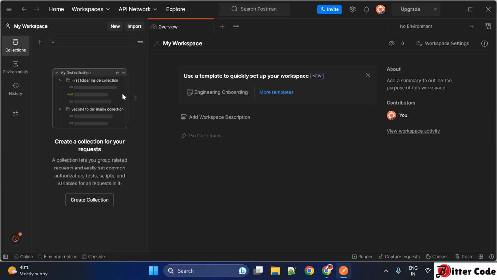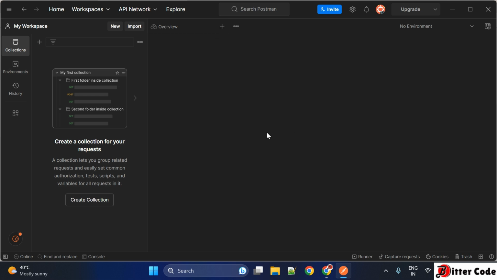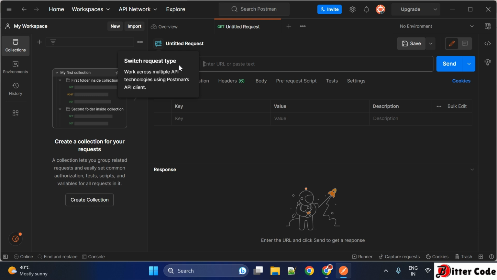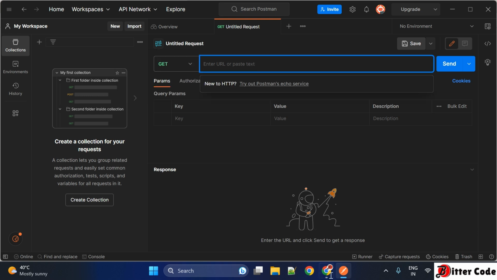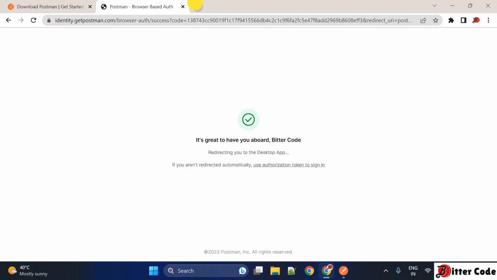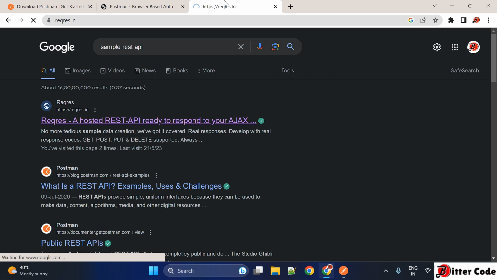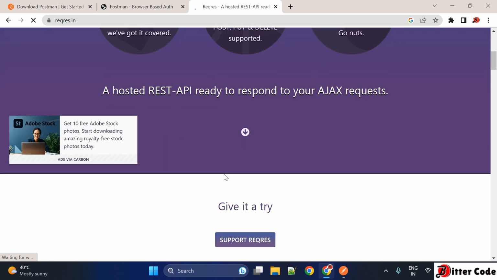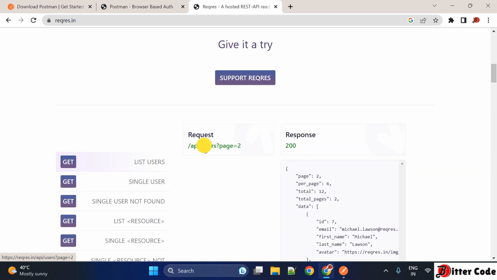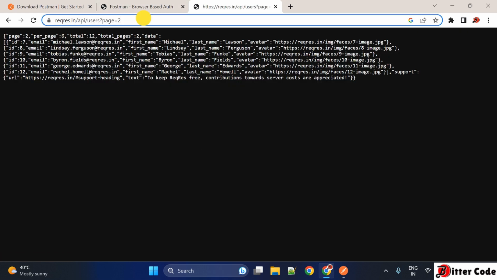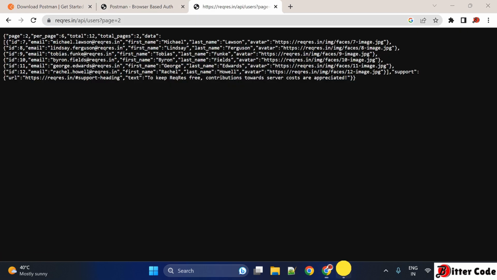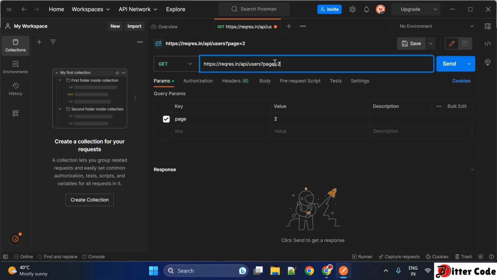So to run any sample REST request, you can just click on the plus symbol, and here you have to enter the request. So let's say we want to run some sample REST API. So I'm just searching for sample REST API, and here you will get the request response. Scroll down and you can see this API. So I'm just copying this API URL and pasting it here